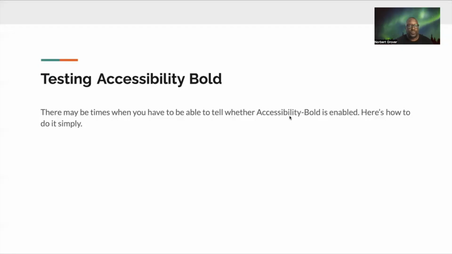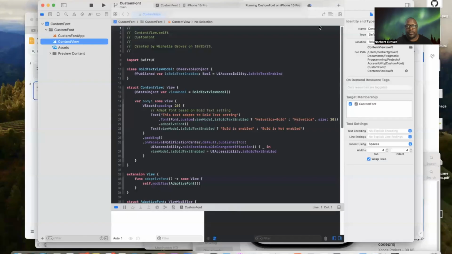So here's how to do it simply. Okay, so right here we have a project here, and of course you can download this from my GitHub repo, clone it and run it. But basically, you're just gonna access UI accessibility, and this is Swift UI, but it works the